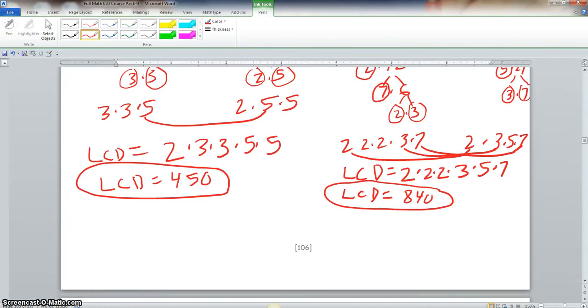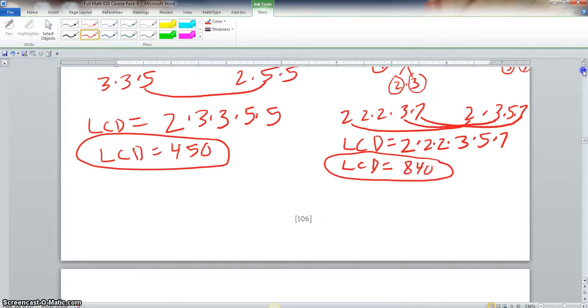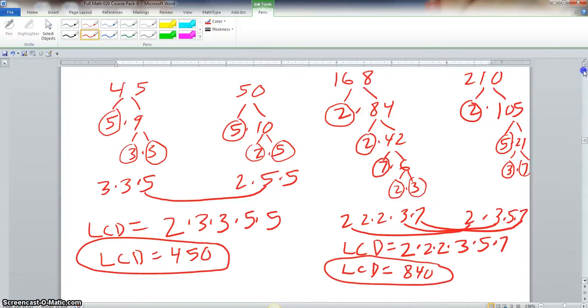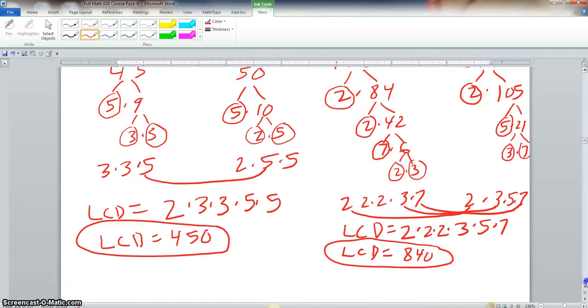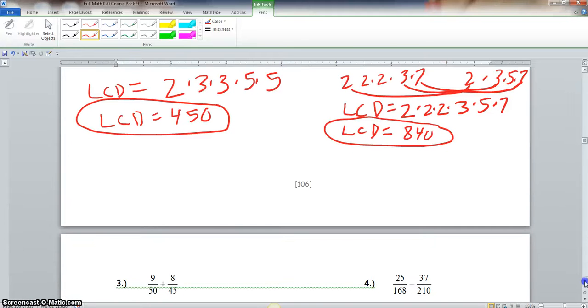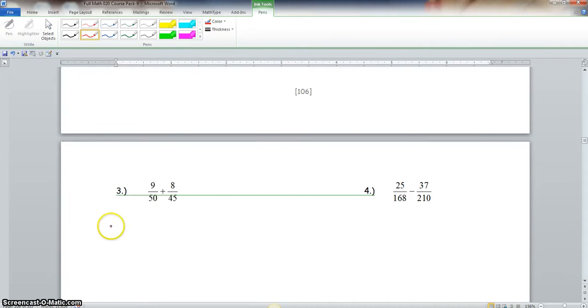Now we scroll down. Now what I like about this next page is our denominators is also what we found up here when we found our LCD. Let's just scroll back for a hot minute here. And if you notice here, we have 45 and 50 for our LCD. And we know that gave us 450. And now we have these fractions here that have the denominators of 45 and 50. So now, we already know that our common denominator is 450 because we did that in the previous problem. So we would do 450